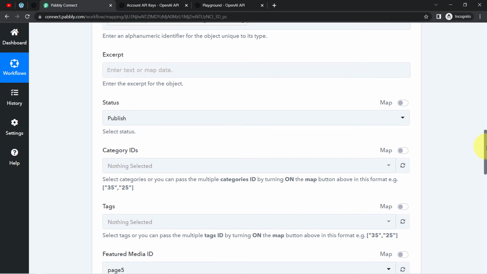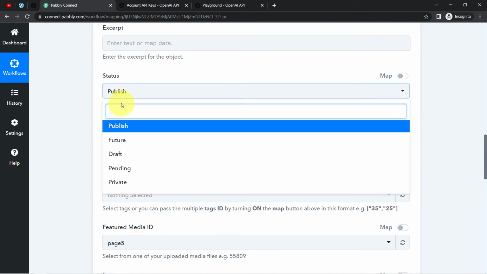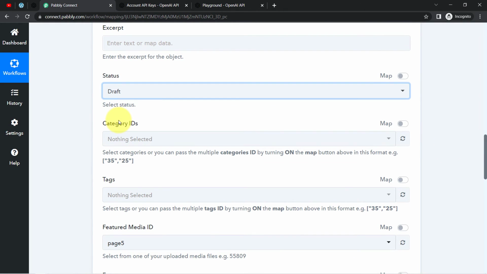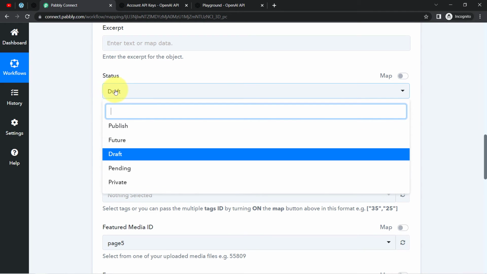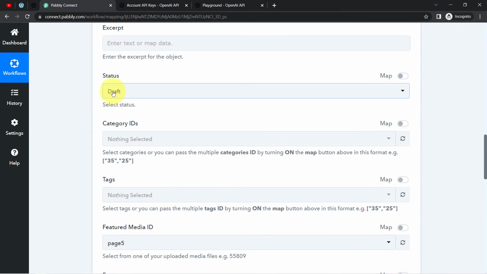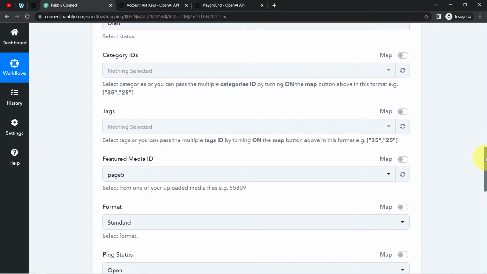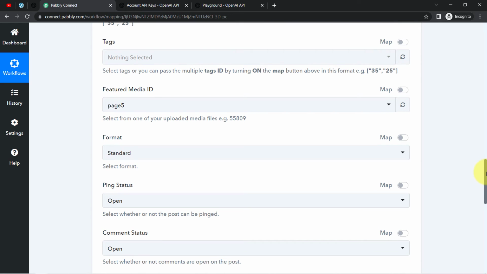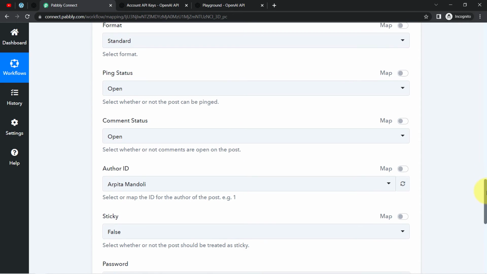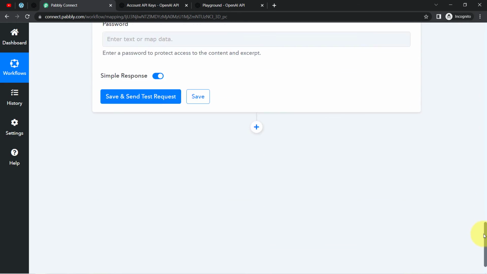Now I am leaving this excerpt section, and the status should be draft, because firstly I am going to review this article, and then if I find this article to be very nice, I will approve it, and only then am I going to publish this blog manually. So for now the status will be draft only, and in case you want to change these settings, you can actually do the same. For now I am going to leave all these settings blank, and finally clicking on this